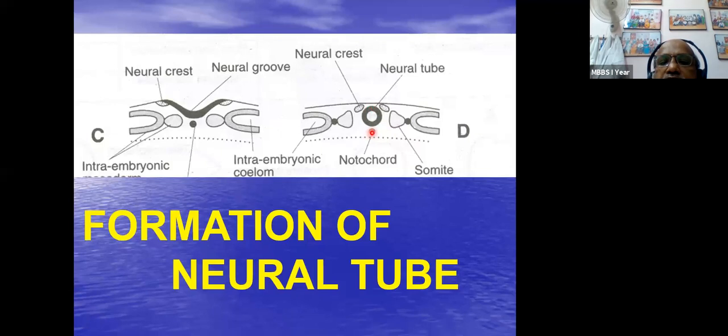So please don't forget, the function of notochord is the stimulation of neuroectoderm to form the neural tube, and further differentiation of the neural tube into brain and spinal cord. That is the function of notochord. After that, it completely degenerates, except